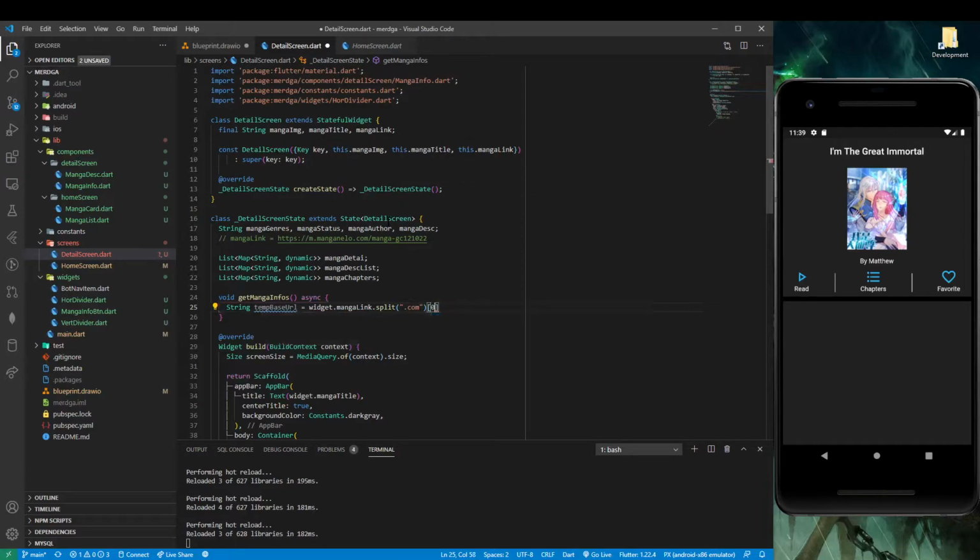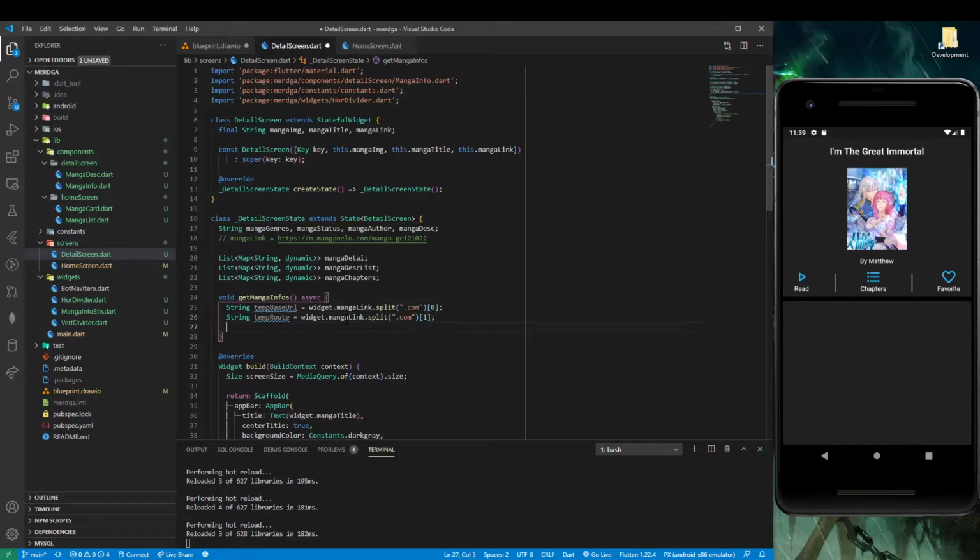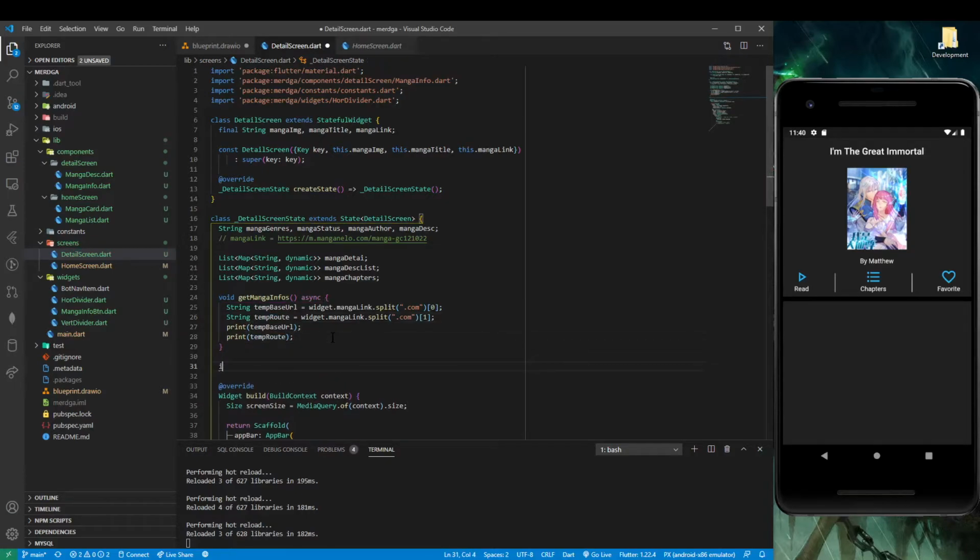And I only want the first item, and this will be temp route, which is the second item. To show you how it works, I'll just print it, and hopefully it works. And we need to init state